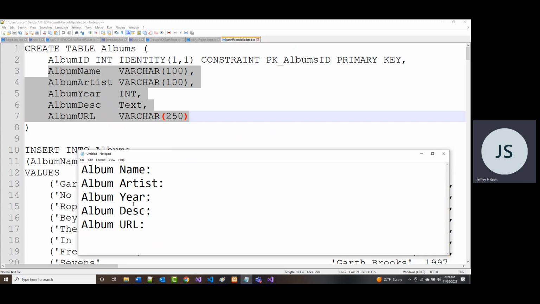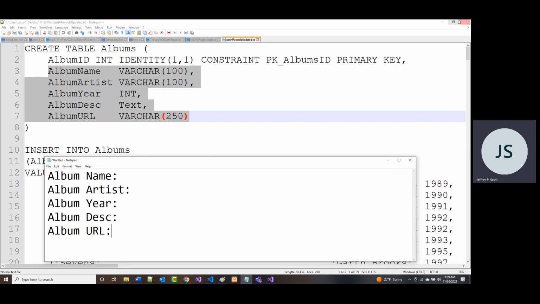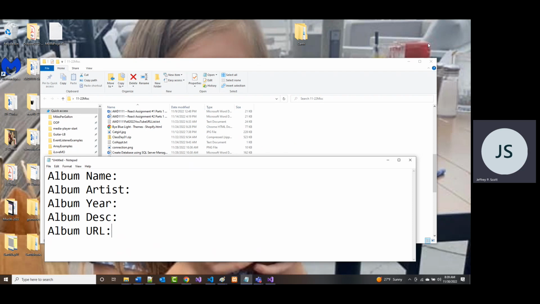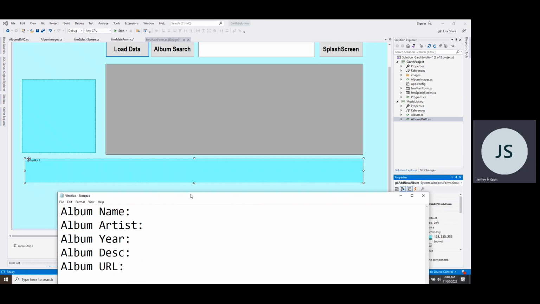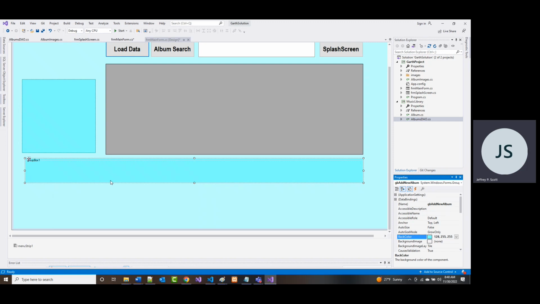Now, when I put this all together and I grab all of that stuff and I want to put that into here, these 5 things I want to put into here. Now, I can really, on the same line, put in the name, the artist, and the year. That'll all fit up here. And then I can have a whole line for the description and another whole line for the URL. If you don't understand what I mean, just give me a second and hopefully you will. So let me come in here